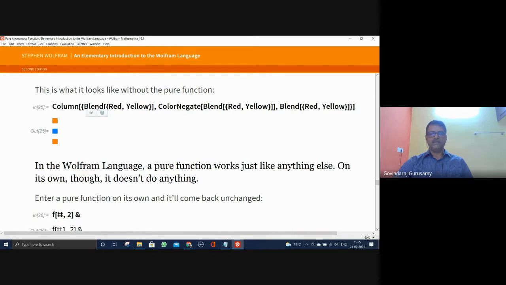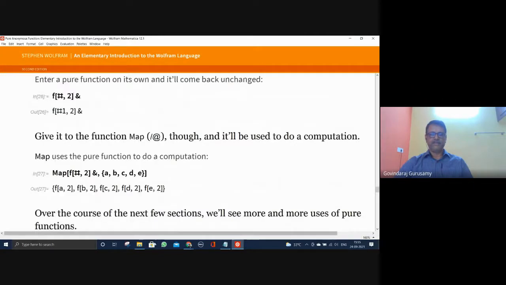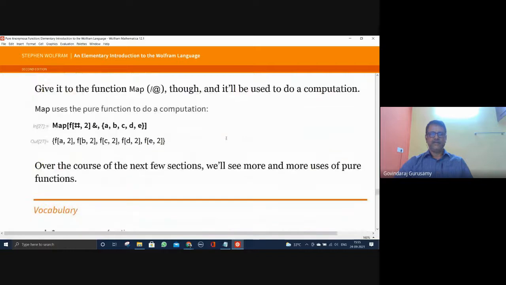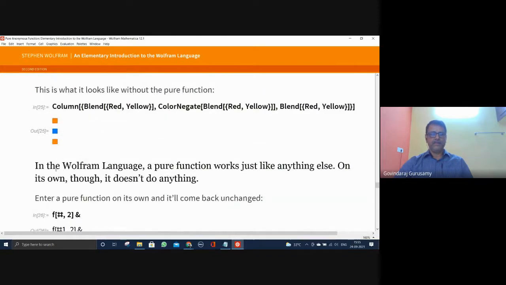So you are doing a blending, color negate, blend yellow, and then blend red and yellow. This is what has been done independently, and it has been combined and given in a compact form.